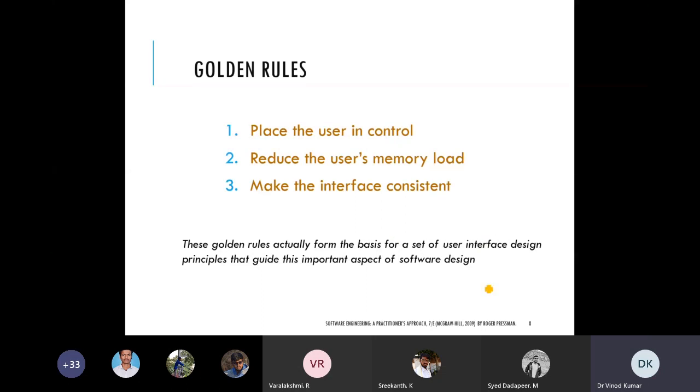These golden rules form the basis for a set of user interface design principles that guide this important aspect of software design. If you follow these golden rules, you will definitely be able to design a good user interface. Keeping these golden rules in mind, the principles are framed.